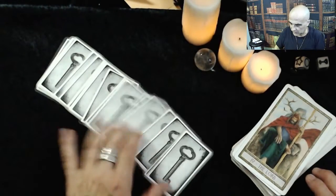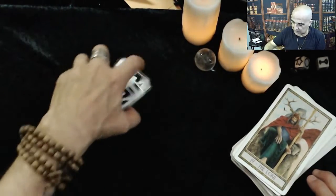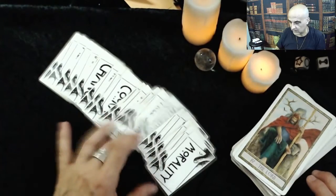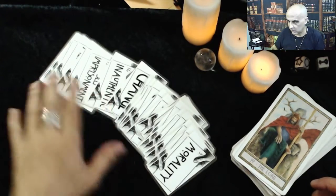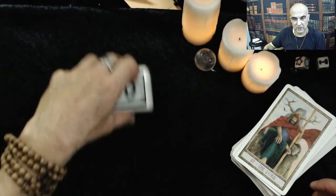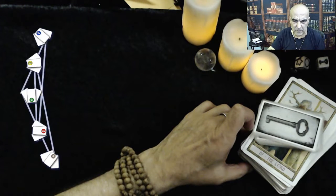The other cards that I use are known as key cards. Key cards just have a key drawing on the back, but they're derived from many different places, essentially the tarot deck, and they're worded in such a way that to me it speaks more, and I join these key cards as kickers to other cards or the whole reading. The other element that I use is the pentagram and how I